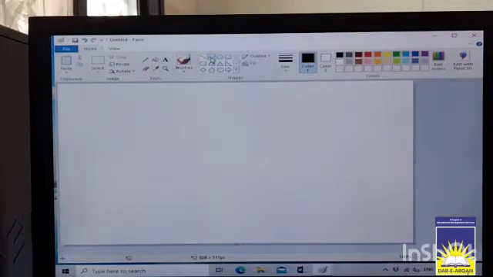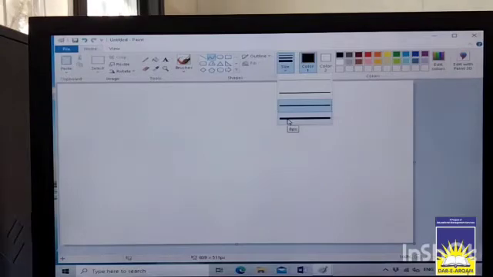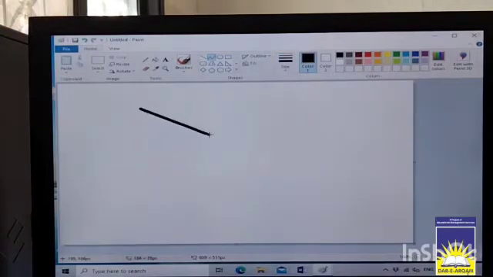So we will click over here and then we select a size, कि हमें किस size का curve tool draw करना है. So we click size. Here we have different sizes. So we select only one size. Here we have a size 8. So now we will draw the curve.